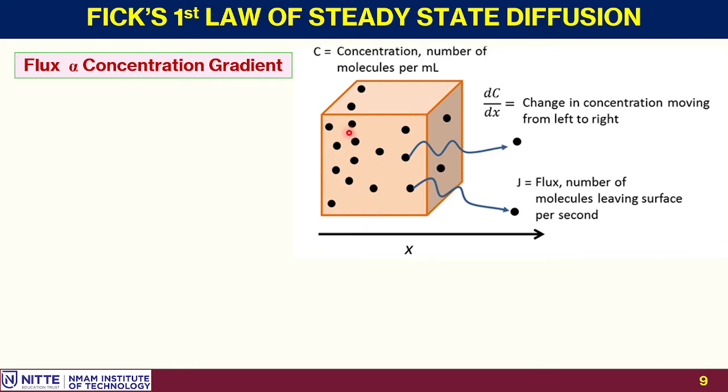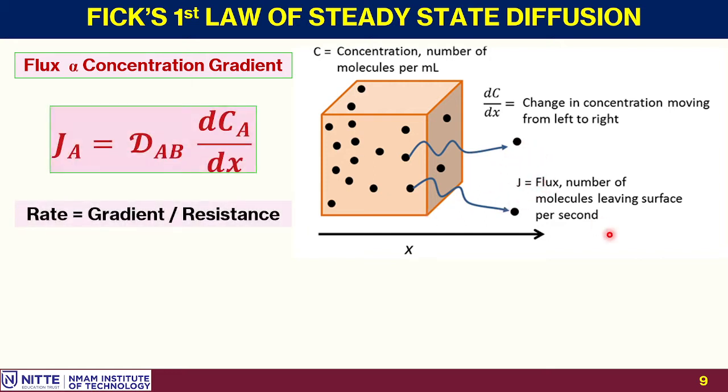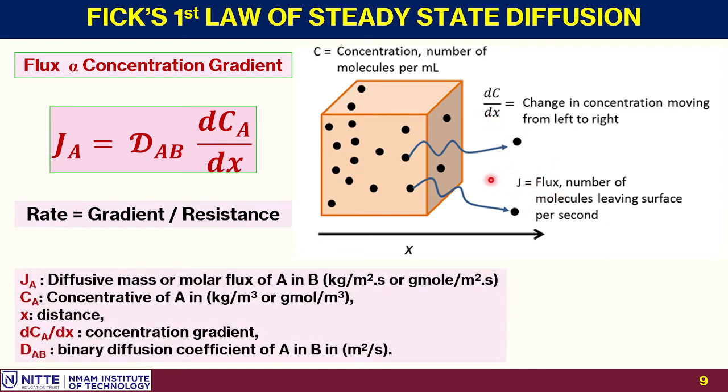Now, what we are going to do is find out how much molecule moves across this surface area per unit time, and that we call the rate, NA. The rate of molecular movement we will calculate. Now we have counted it across a surface area, so let us consider per unit surface area. The rate per unit surface area is called the flux J. Now that flux J is directly proportional to the gradient upon resistance. So all the molecules will not move quickly. There will be some amount of resistance offered. We say that the rate is proportional to the gradient upon resistance.